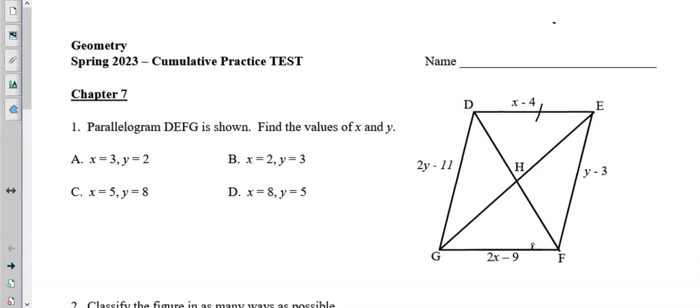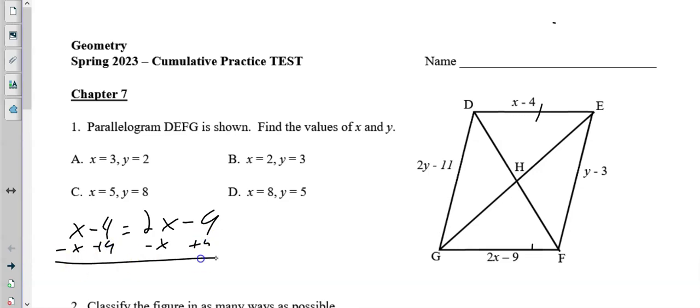Therefore, I can say, if we're trying to solve for x, that x minus 4 equals 2x minus 9. So if I subtract x from both sides, add 9 to both sides, I get x equals 9 minus 4, which is 5. So right off the bat, I know what my answer is, being multiple choice. It's got to be 5 and 8. But be careful. Make sure you know what letter you're solving for, because there's a distractor there of y